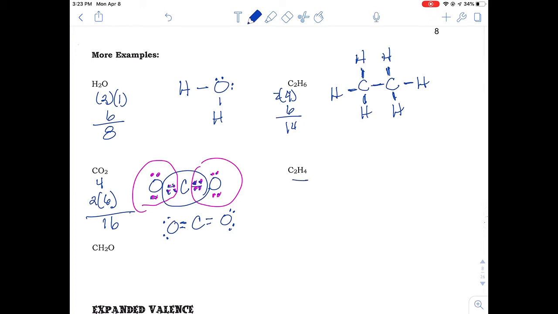All right, this guy is ethene. Each carbon has 4. Hydrogen has 4. 8, 9, 10, 11, 12 total. 1, 2, 3, 4, 5, 6, 7, 8, 9, 10, 11, 12. So, if each